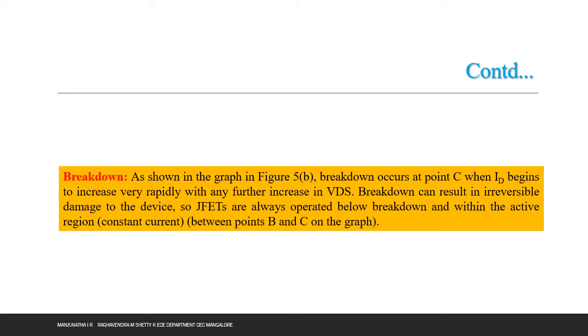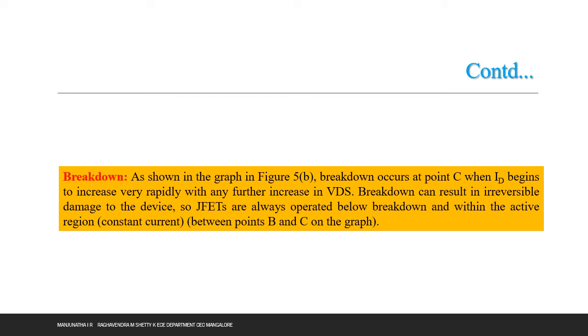Breakdown can result in irreversible damage to the device. So JFETs are always operated below breakdown and within the active region, where drain current is saturated, that is a constant current that we can observe from the graph between point B and C. The meaning is,